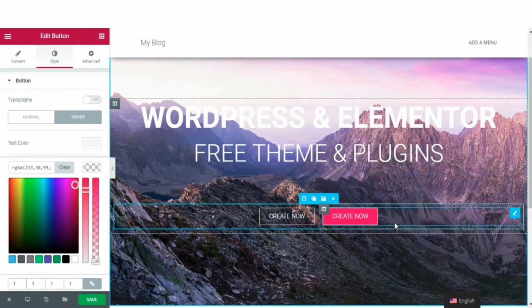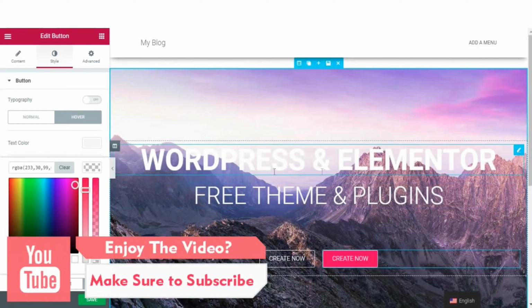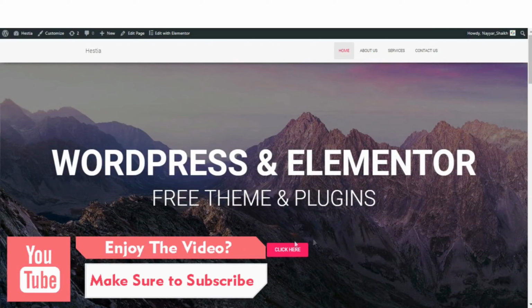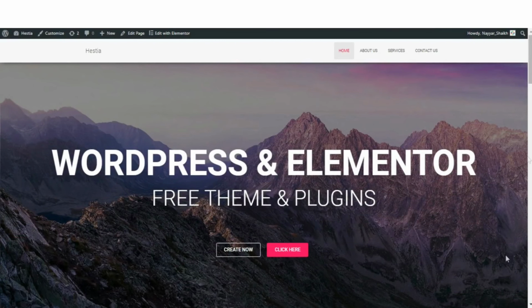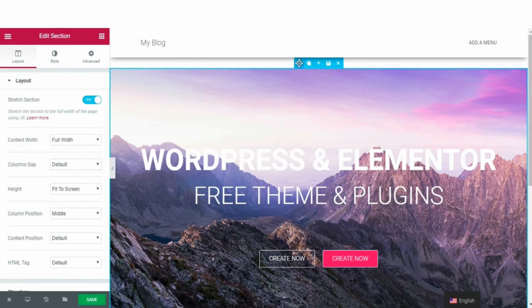Now if you also notice, the background image is very light, and we cannot see this white text, whereas here we can easily and clearly see the text, button and so on, and the background image is not that light, it is darker. So there is a very simple way to do that. Again, click over here, hover this and click on this section to make some changes to this section. Go to style,